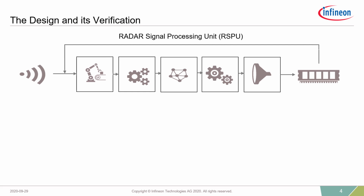The design is a radar signal processing unit, which we call the RSPU. It's used in automotive radar applications, in particular in advanced driver system or ADAS applications and level 2+ self-driving applications. The RSPU consists of a number of processing units that together form a processing pipeline. Each of these units is configurable, and overall the RSPU has over 300 configuration fields, most of which are many valued. Radar data is streamed through the pipeline, and the processed data is written to memory. The RSPU can then reconfigure itself, fetch the processed data from memory, and process it again. This, for example, can be used to calculate the relative velocity or the angle of arrival of an object on